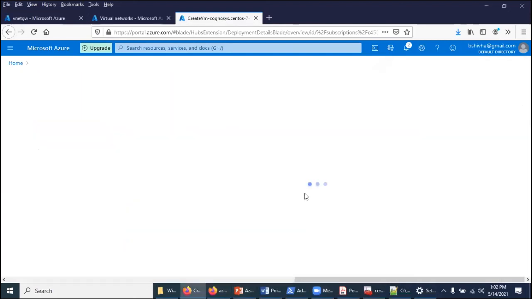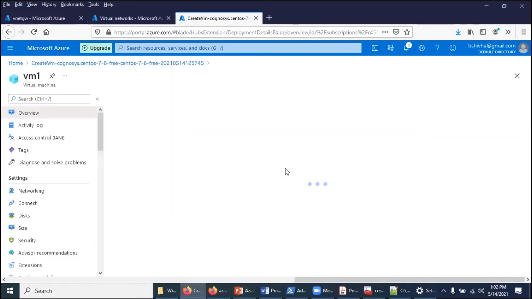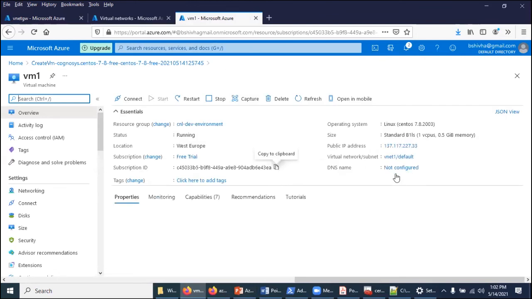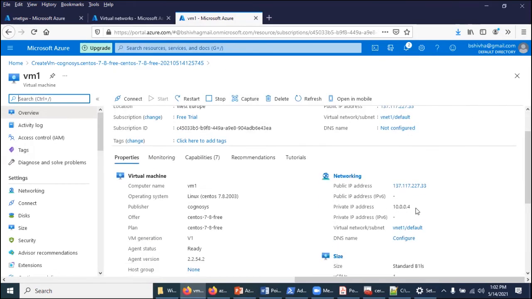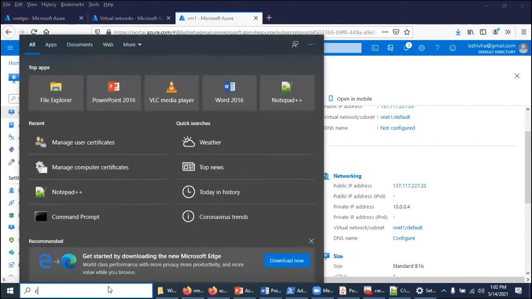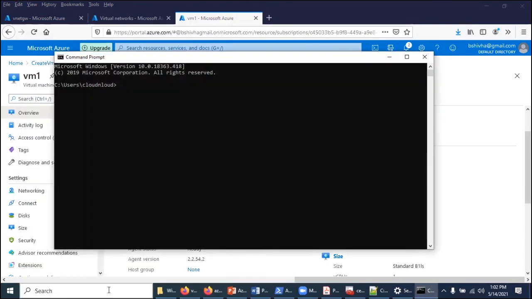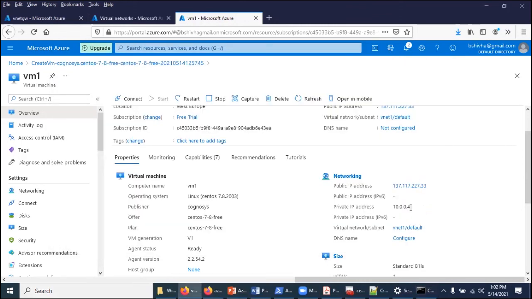So we will go to that VM. We will take the IP address first. So what is the internal IP address? Forget about the public address. We will concentrate on the private IP address. Okay, so open your command prompt. Ping. Before you establish the VPN connectivity, you ping and ensure it is not pinging.